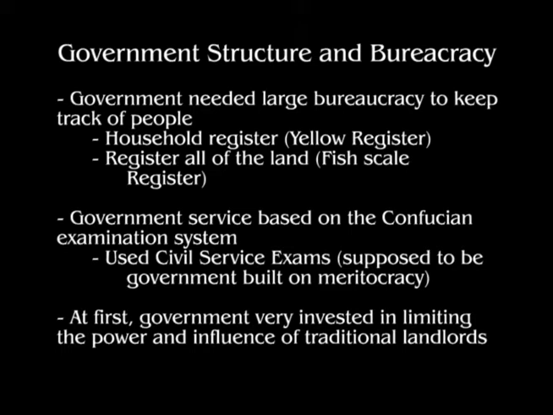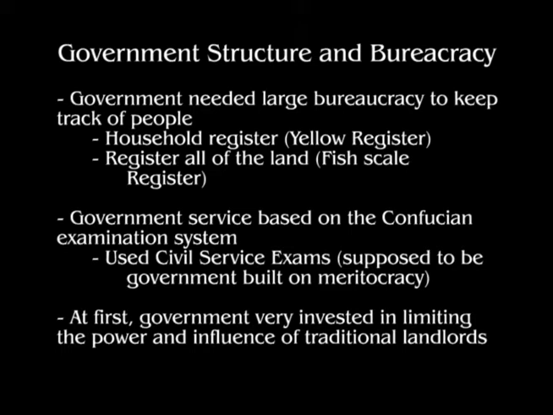So the household register was a written report of everything you owned. What would happen is the government official would come to your house every couple of years and record in detail all the information about your family. So who was the head of the household, what his occupation was, what agricultural produce you were growing, how much land you had, how many chickens you had, right? All your household possessions, all that would be recorded into the household register.